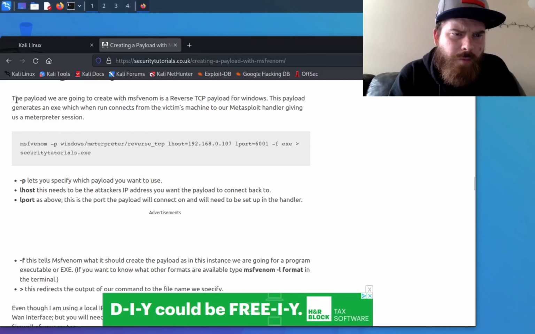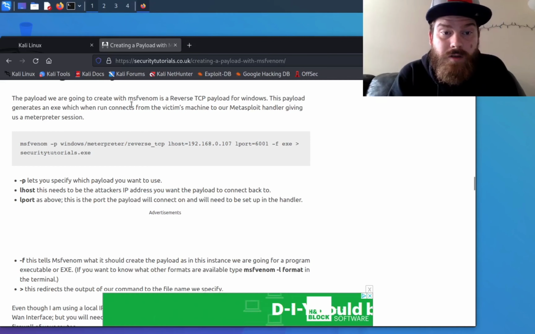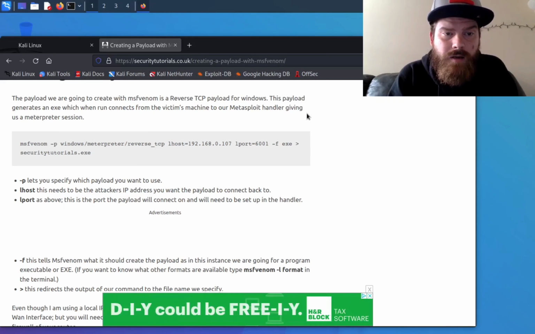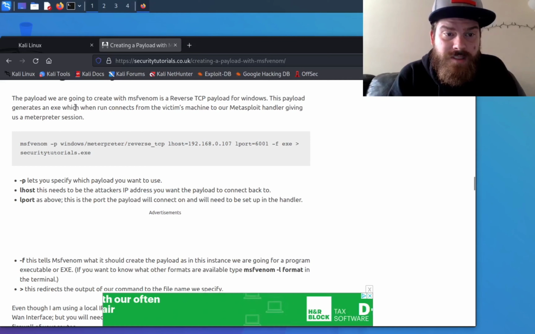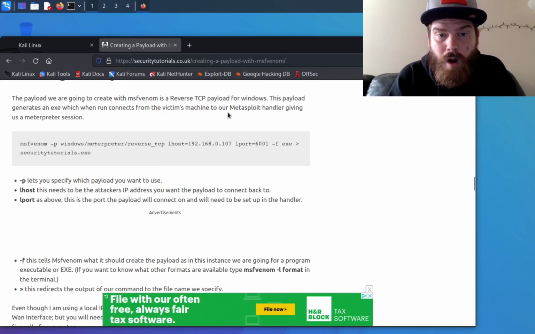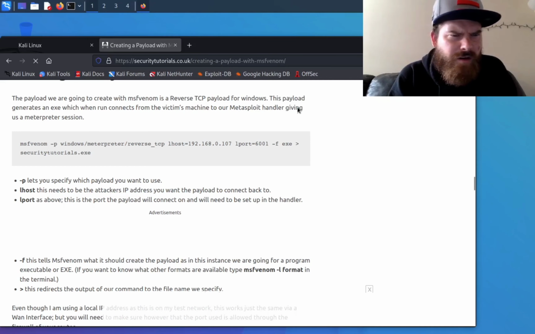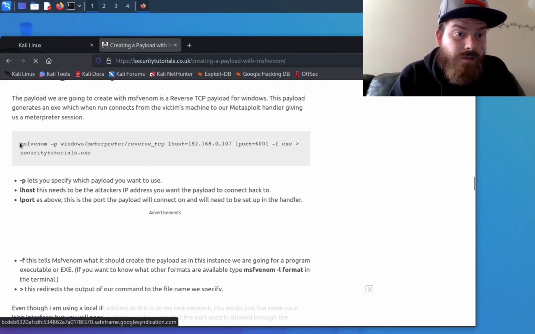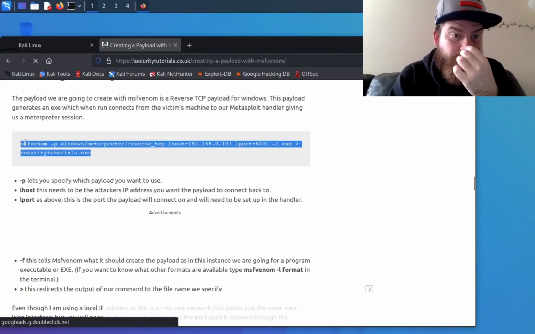Like, first of all, we can read this. The payload we are going to create with msfvenom is a reverse TCP payload for Windows. This payload generates an exe, which is then run, and then connects from the victim's machine to our Metasploit handler, giving us a Meterpreter session. So that's what we're going to do,